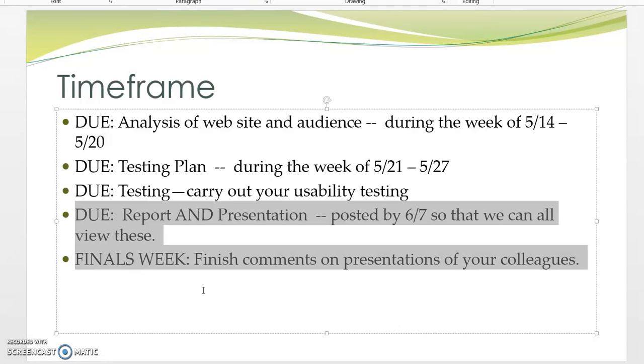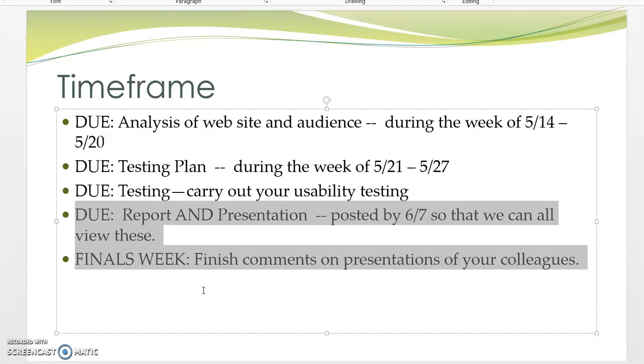So plan for maybe about 10 minutes per video and go through, watch them all, comment. Comments can be as simple as, oh, you found this result in your study. We found XYZ. Just offer a comparison, or if someone learned something new and so did you, you can just relate that to them. But I want to make sure that you're watching these presentations and that you're commenting on each one. So that's going to be done from 6/7 till the end of finals week.